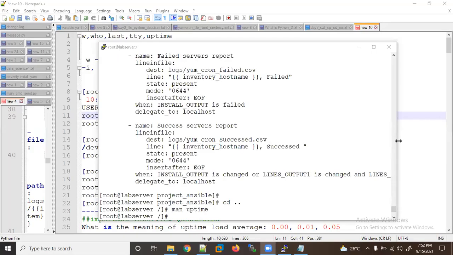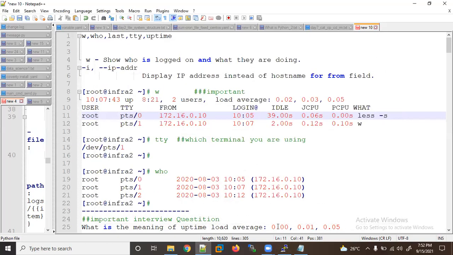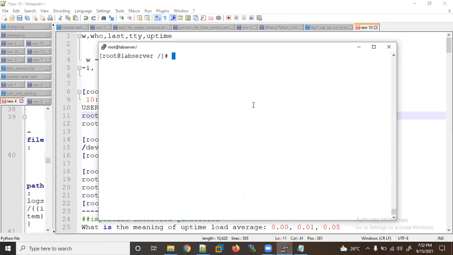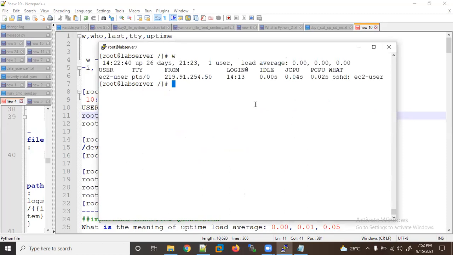Welcome to all. So let's continue with the basic commands. Today we will learn some basic commands like w. Now in w, when you press it, you will get two outputs here. If you want to see this output separately, let's say I'm using uptime